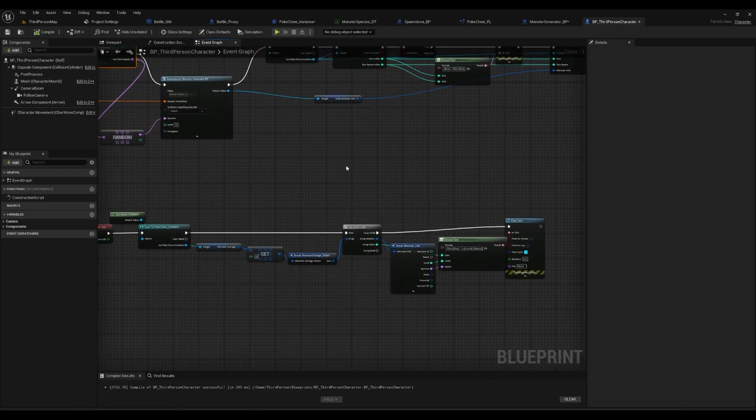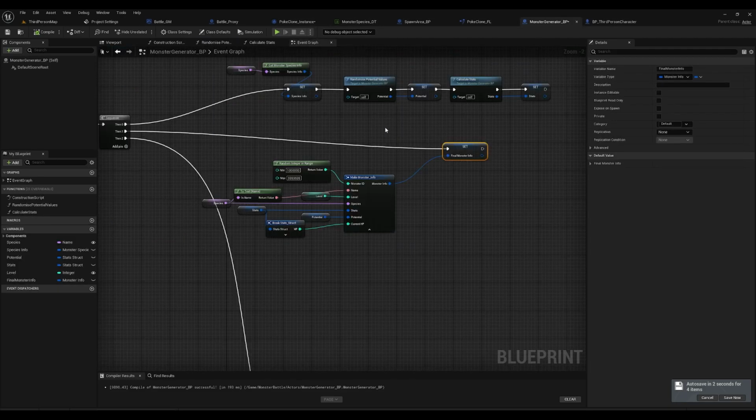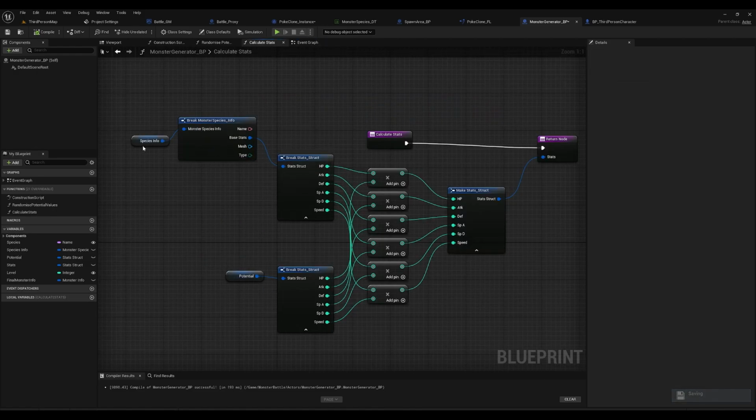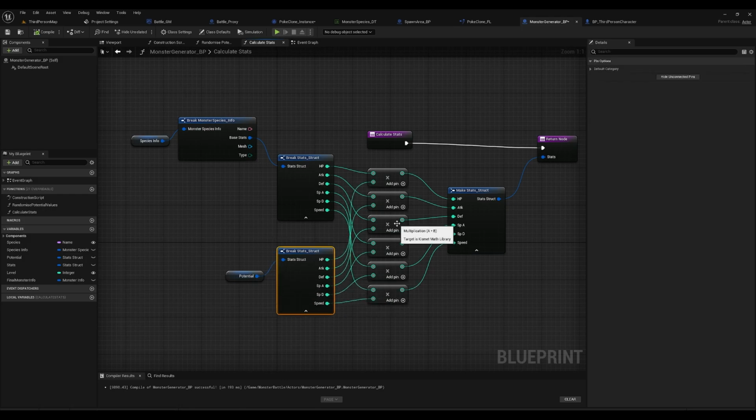The next episode we're going to be adding the stats to all our monsters properly. We're going to be working with math expressions in order to set them. At the moment we've got them set to just the potential value times level or something to that extent. Let me just take a look. It's the species based stats times potential. So we're getting numbers in the thousands. So we will come up with a math expression to do this a little bit better,